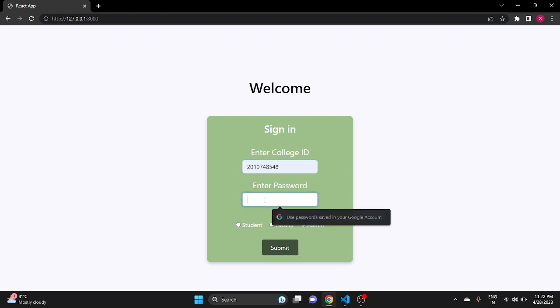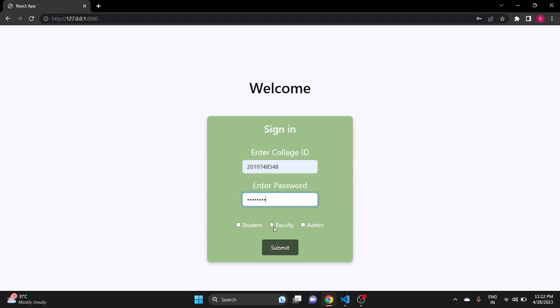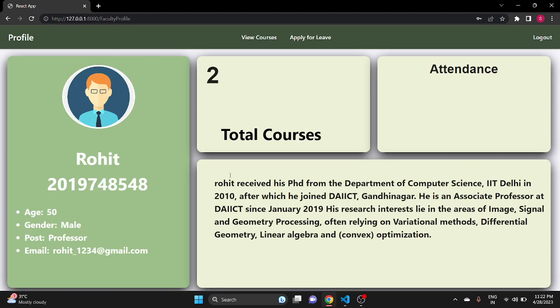Now faculty enters his or her ID. Faculty enters the password and selects the faculty option. Now we click on the submit button. Now this is the profile of the faculty who is named Rohit. So now the general attributes like age, what the role is, and their email is displayed. The total number of courses the faculty teaches in the institute, and his or her attendance, and a short description